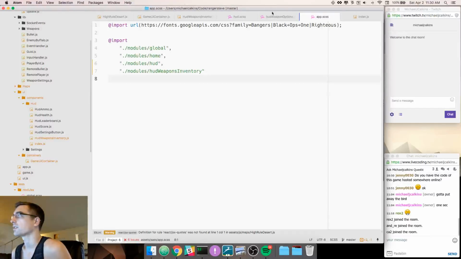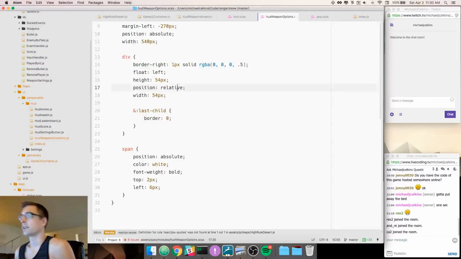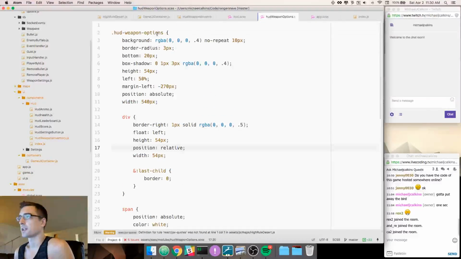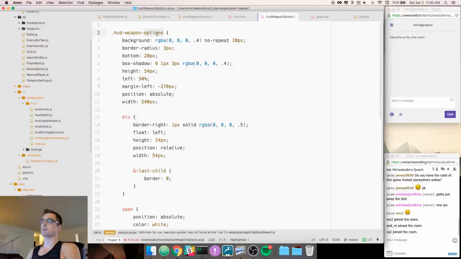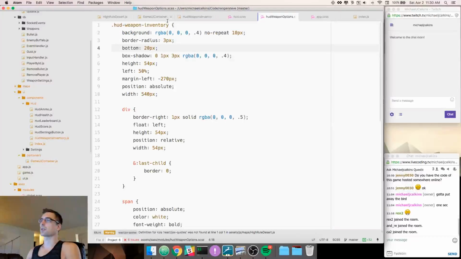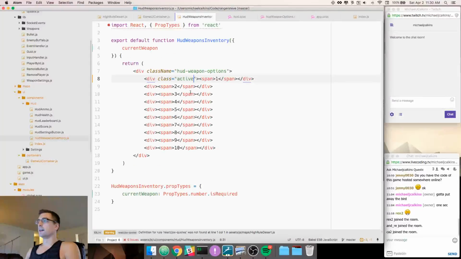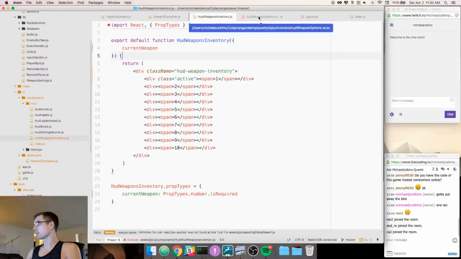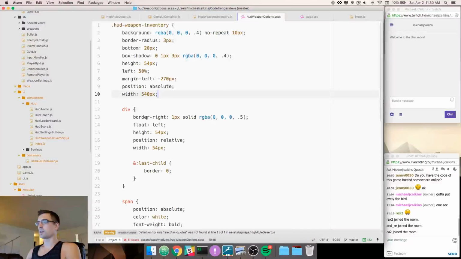Love to get that CSS as close as possible. Weapons, inventory. Just like that. I don't need you anymore. We're gonna do